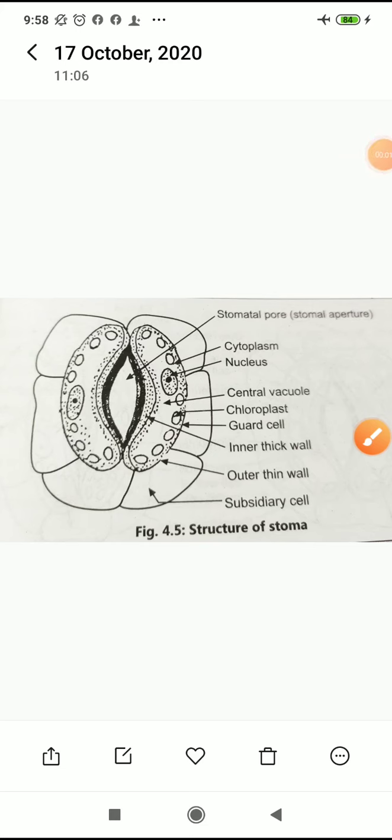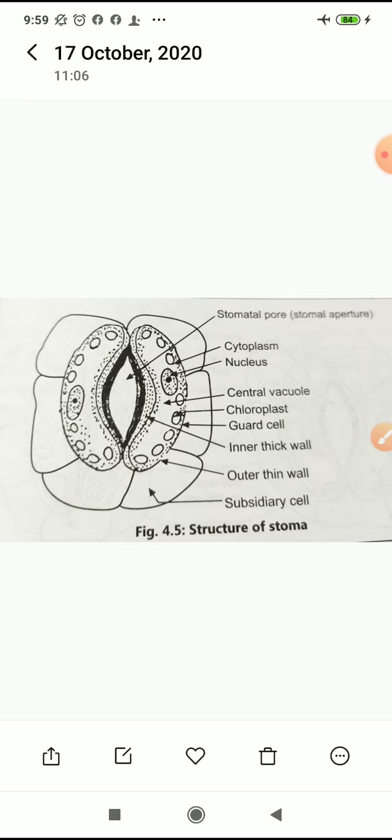In the previous part of this chapter, that is transpiration, we have seen the types of transpiration and the factors affecting it. Now we will discuss things related to the opening and closing of stomata, how the opening and closing of stomata